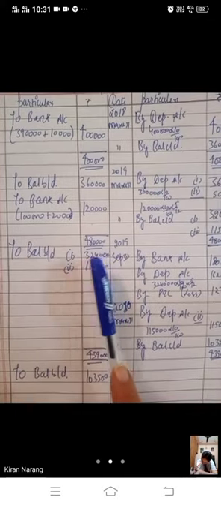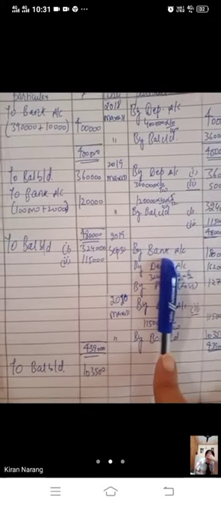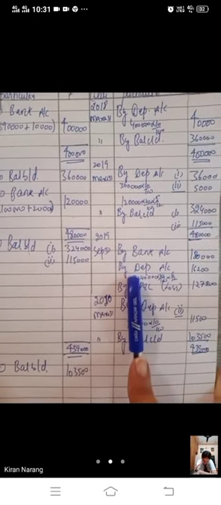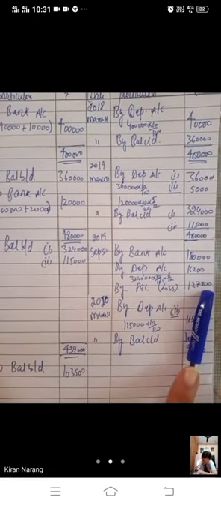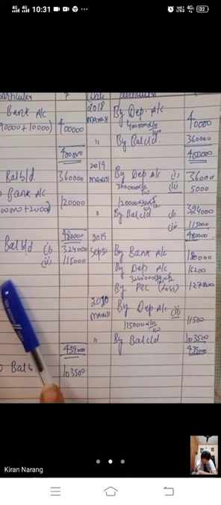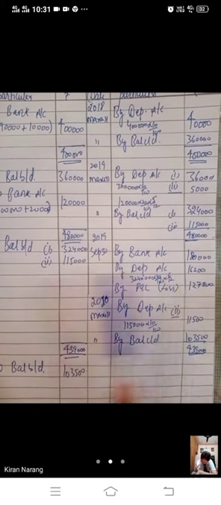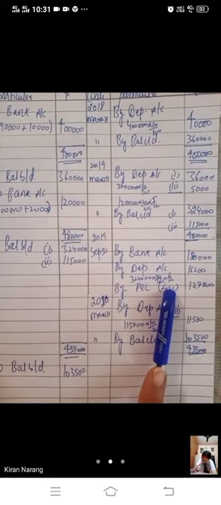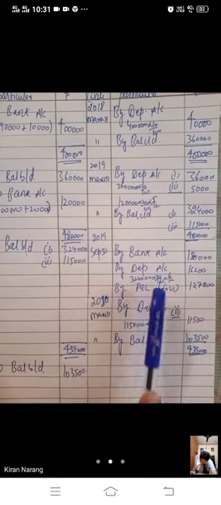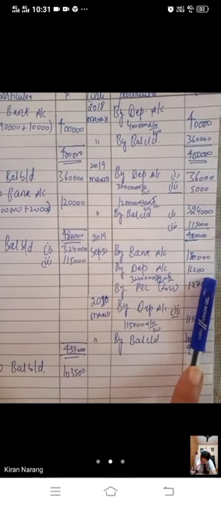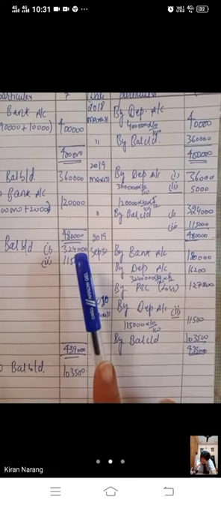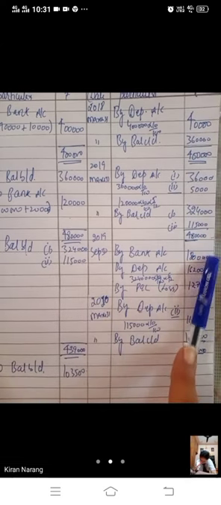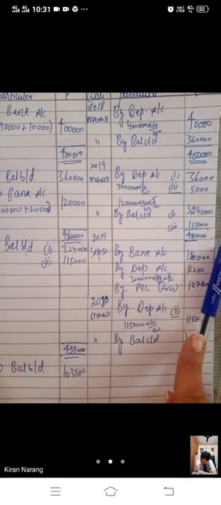And this year you will charge depreciation, but you have sold this first machine on 30th September at a loss. In this question, the loss is given, and you have to calculate the depreciation first, because from April 1 to 30th September you have used this asset for 6 months. So 324 into 10% into 6 by 12, the depreciation will be 16,200. So 324 minus these two values, you will get the sale price, that at 180 you have sold.